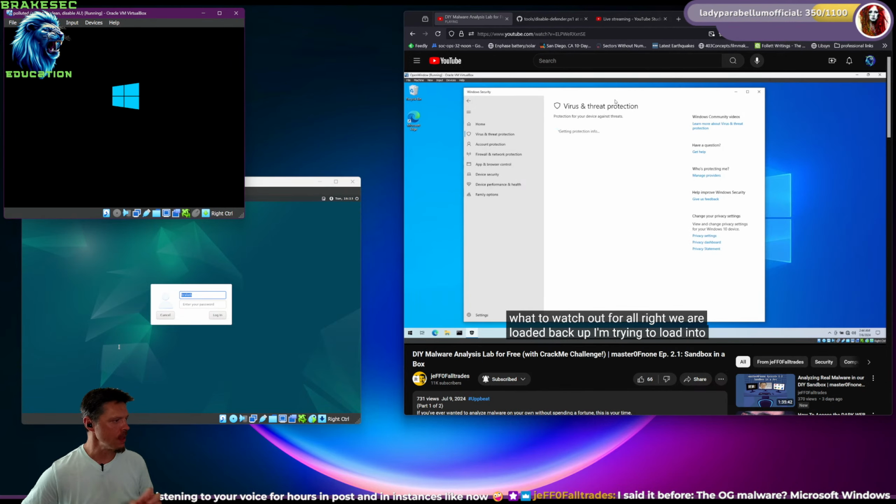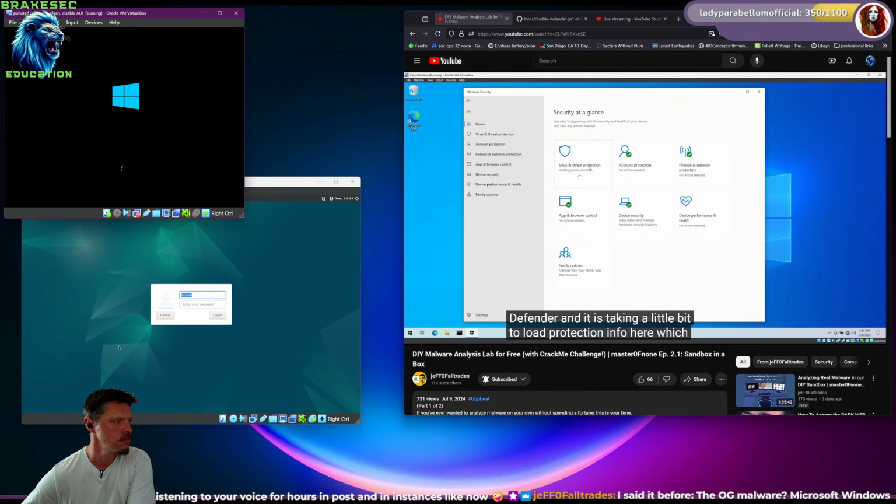I'm trying to load into Defender, and it is taking a little bit to load protection info here, which I'm wondering if that is going to